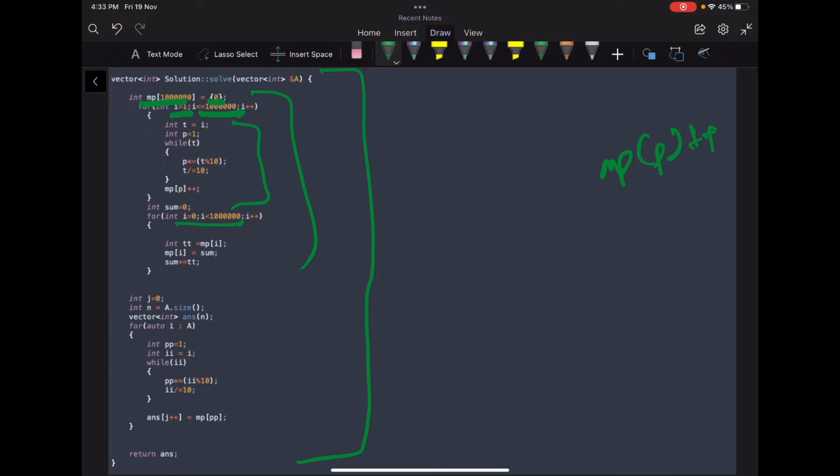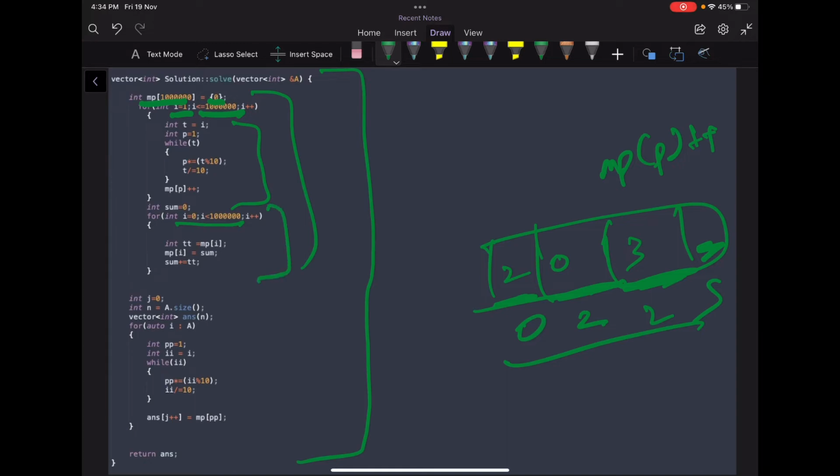sums, right? At each element, let's say this is the array, and these are the values, let's say 2, 0, 3. I just keep storing the sum at the point before that element. So the answer for this would be 0 plus 2, that is 2. The answer for this element would be 3 plus 2, which is 5. The answer for this element would be 2. The answer for this element would be 0. Basically the prefix sum up till the last element, right? That's what we are doing here.